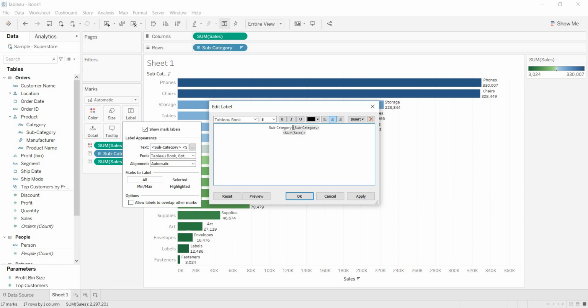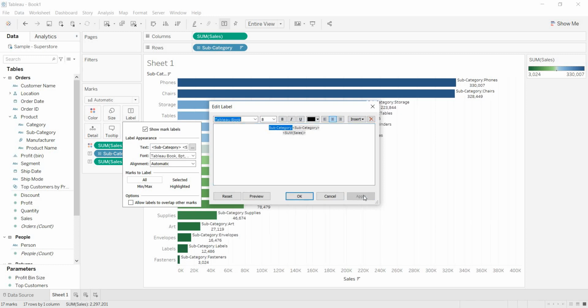Then this value is the static representation of subcategory. That means you always get this heading as subcategory. Let me show you how you will get it. See, click on apply. See, subcategory colon phones. For this subcategory, this is phones. This subcategory is chairs. That's why you are getting chairs. That means whatever is there under this angular bracket will be dynamic based on the value representation.